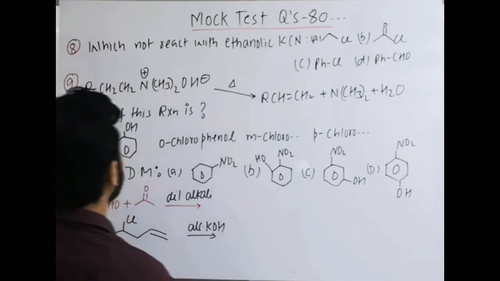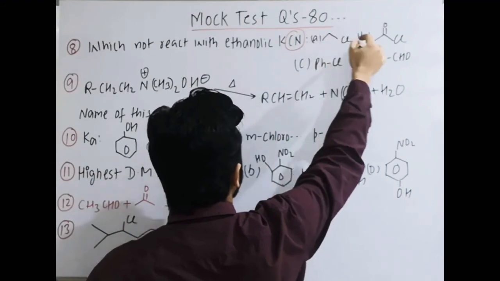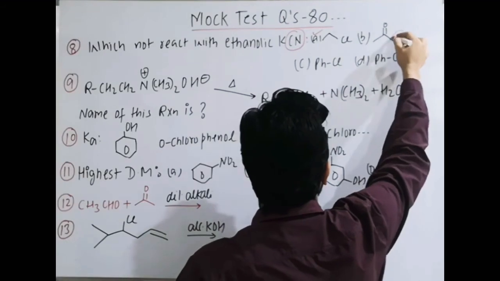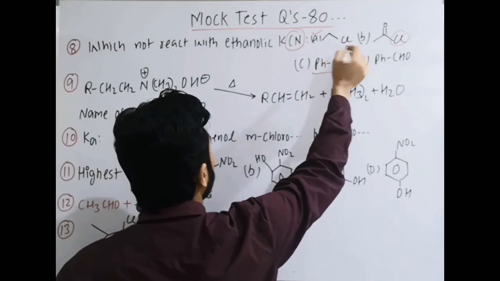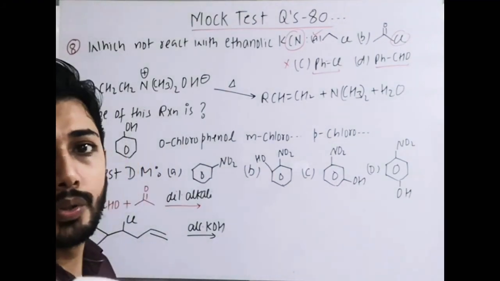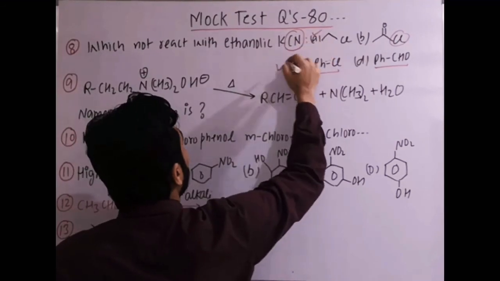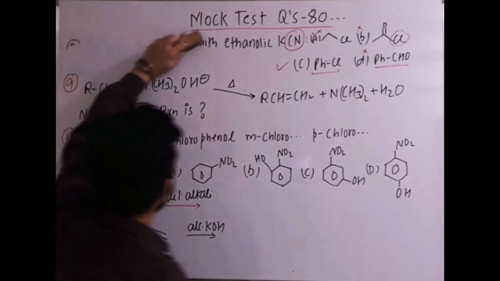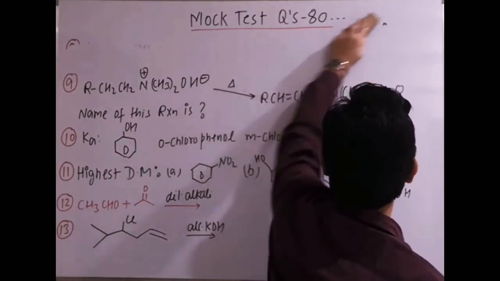Okay, question number 8. Which of them will not react with the ethanolic KCN, which means K plus CN minus? Cl will be substituted, yes, it will undergo SN2 reaction. Then CN minus will substitute the acid halide also, it can also undergo substitution. PhCl, due to partial double bond character, will not undergo any such substitution. And then PhCHO, it will undergo nucleophilic addition. So the answer is only C, and the remaining will not be the answers, right? It is normally substitution reactions by options A and B, and nucleophilic addition by D.